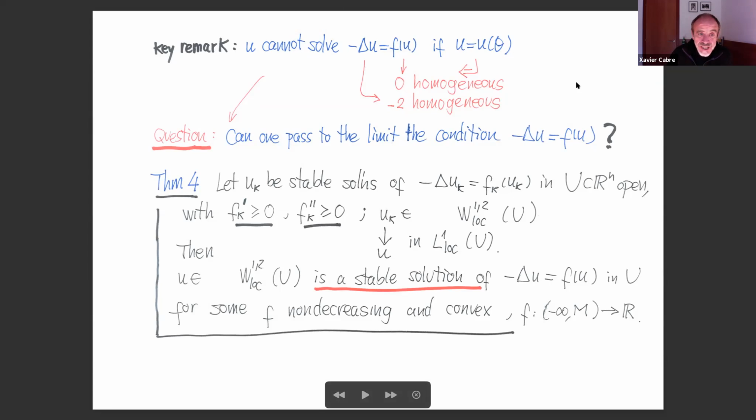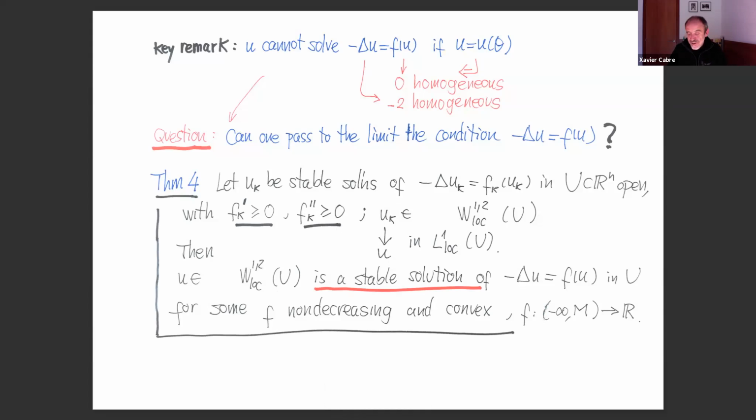But we need the nonlinearities to be non-negative, non-decreasing, and convex. Did I forget non-negative here? Or maybe we don't need non-negative in this lemma. In this lemma, what it says is that the family of stable solutions, when the nonlinearities are non-decreasing and convex, is closed. And if you have a family of stable solutions that converge to something in L1, the limit is in the energy space and is a stable solution for some equation, some F that is non-decreasing and convex,